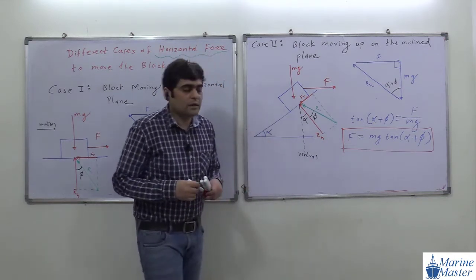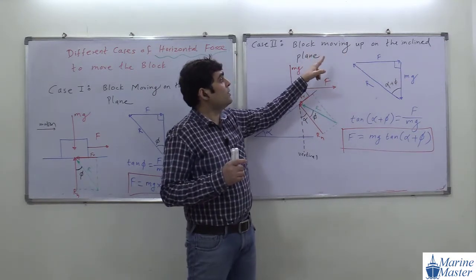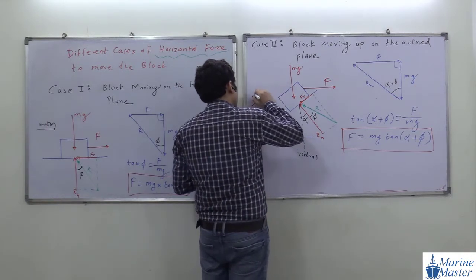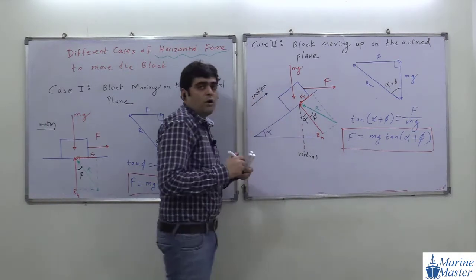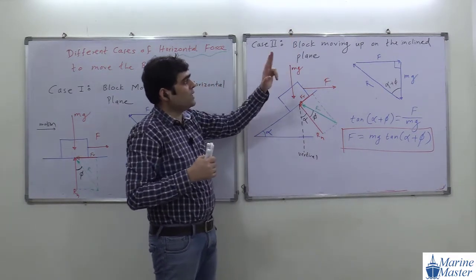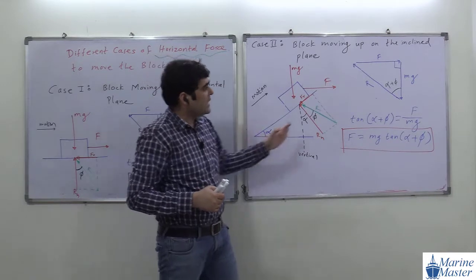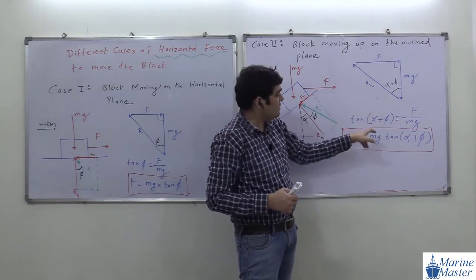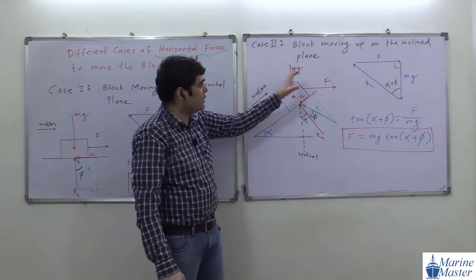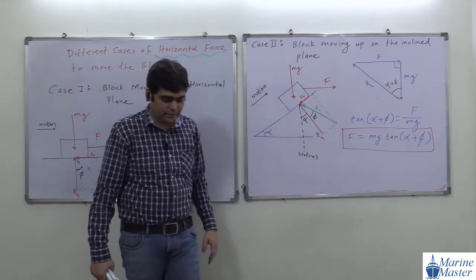Okay, so please everyone, give this subheading: block moving up the plane. Here I have not shown motion. Always try to show the motion. The object tries to move up the plane, the block moving up on the inclined plane. Now try to draw this drawing properly, and draw this force vector diagram also, and below that write down this relation. We need all these relations while solving wedge numericals. After this we are going to deal with wedge numericals, and in that scenario we need all these things.